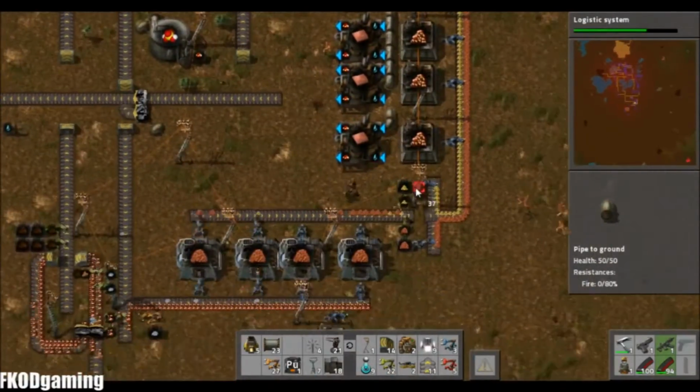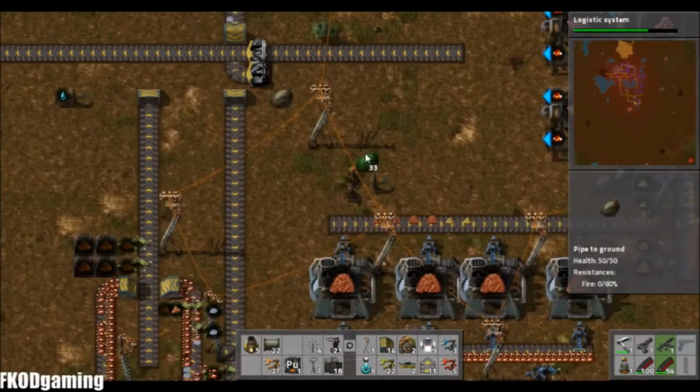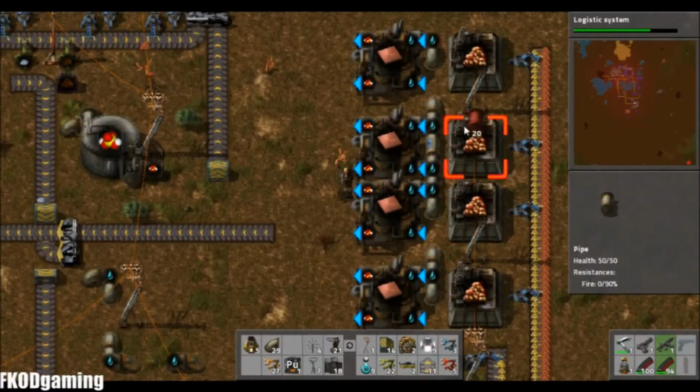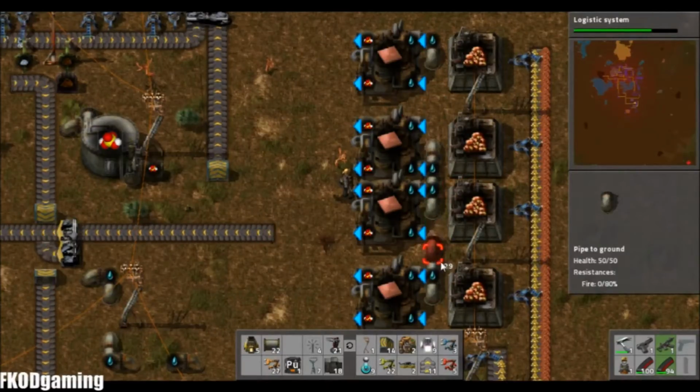pipes get in the way. It's a lot easier to put inserters down than it is to put pipes. And so not only do I have to think about that, but on the other side, sulfuric acid obviously is a liquid as well. So I have to have pipes on the other side of that, which ultimately what I end up doing is, I